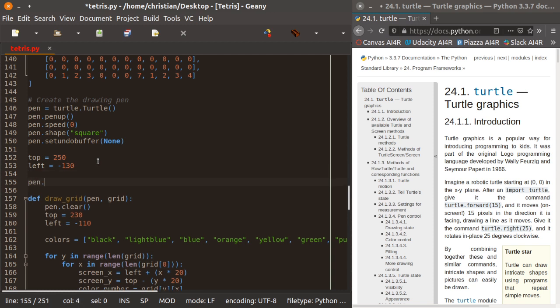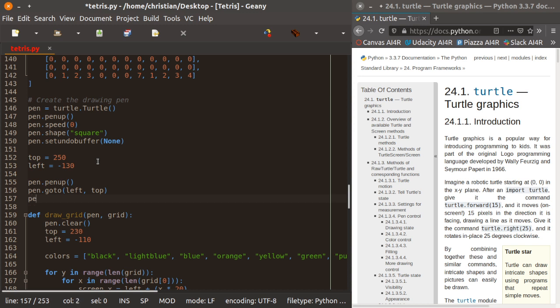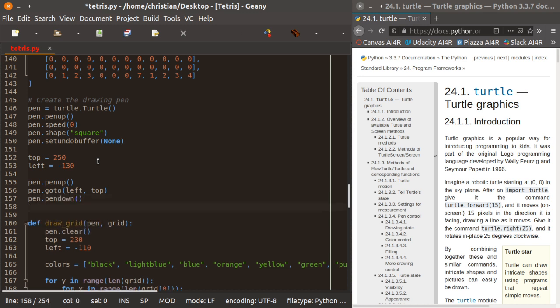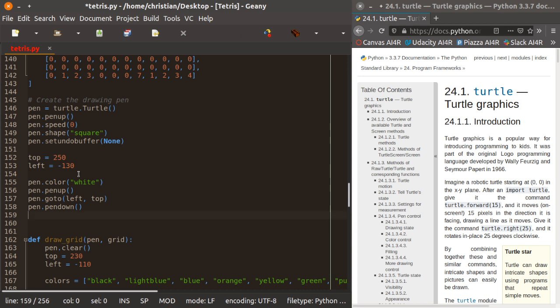And so I'm going to say pen up. So I'm going to put the pen up. I'm going to move the pen to the left and top, which we just defined. I'm going to say pen down. I'm going to put the pen down. And yeah, let's see what happens here. Actually, I'm going to give it a color. Pen.color. So I want to have a white border. Okay, then basically now it's just a bunch of go-to statements. So pen.goto left top